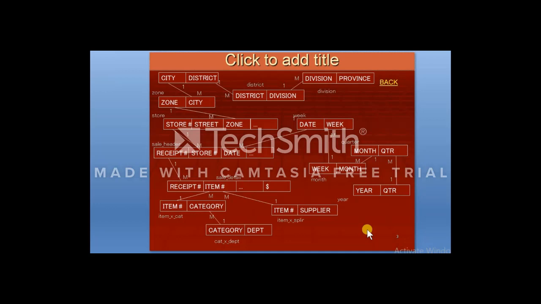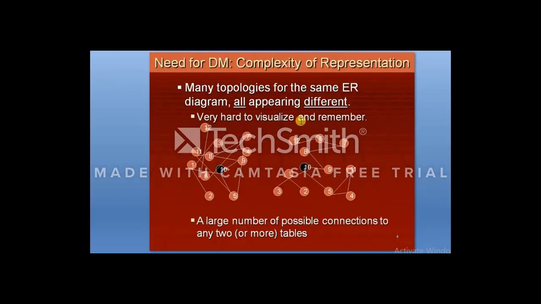So these are the problems with ERD that lead us to another model, which is very useful for decision support systems, and the name of the model is dimensional modeling. And why do we need dimensional modeling? Because in an organization there are multiple developers, and if I give a scenario to all the developers and ask them to build an ERD for that scenario, everybody will look into their imagination and try to design the ERD for that scenario.